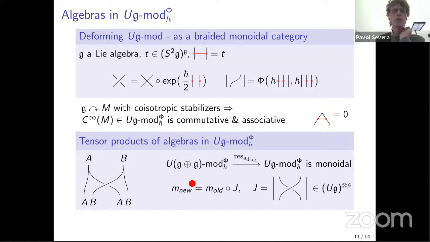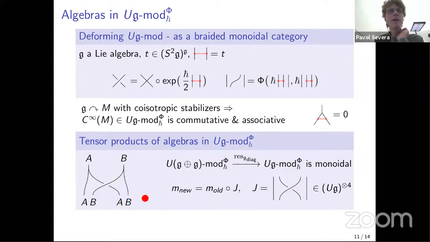To be super precise, I should tell you that instead of having two G algebras, we might actually have one G plus G algebra, and then we turn it into a G algebra by taking only the diagonal action of G. The product which you obtain, this deformed product, would look like the old product composed with J, which is this thing. But what is J? J is simply this lower part of the diagram. In general, don't worry about what I told you right now. One should simply think that whenever you see J, it means tensor product.